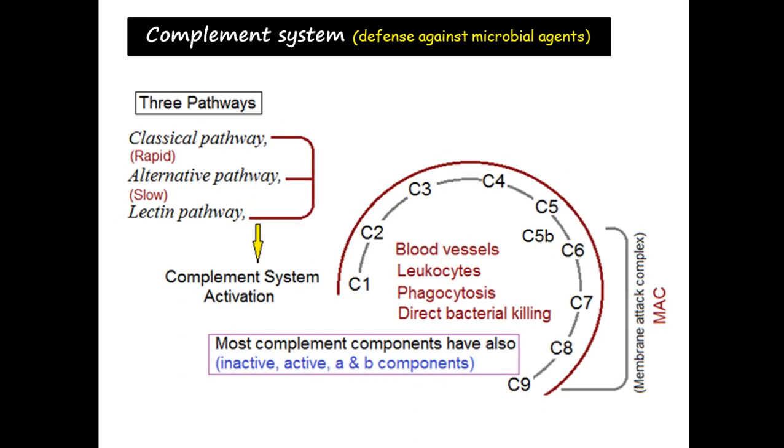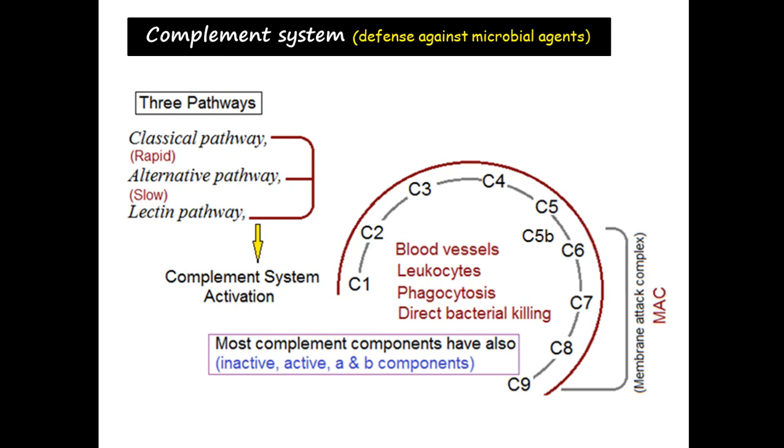Now, in addition to the A and B forms, the complement proteins also have an active and inactive form. And the three pathways, the classical pathway, which is rapidly acting, and the alternative pathway and lectin pathway that are slowly acting, form and attack the bacteria through the membrane attack complex, as well as through C3b, which acts as an opsonin,